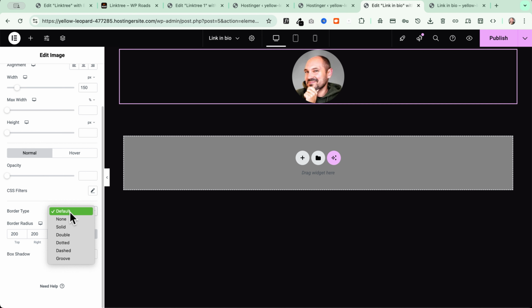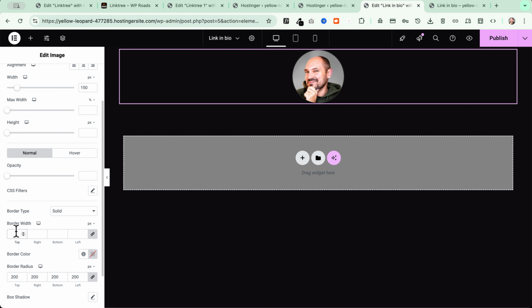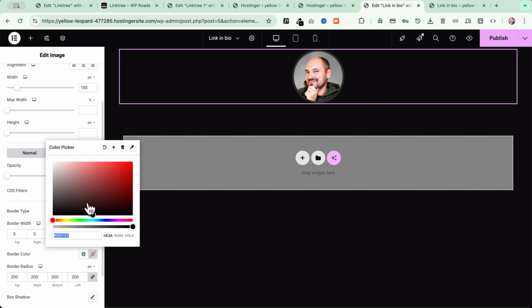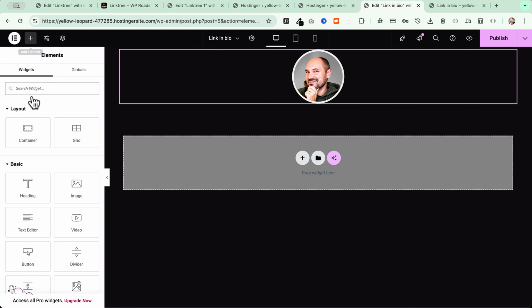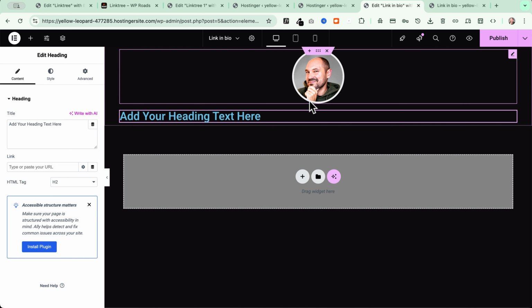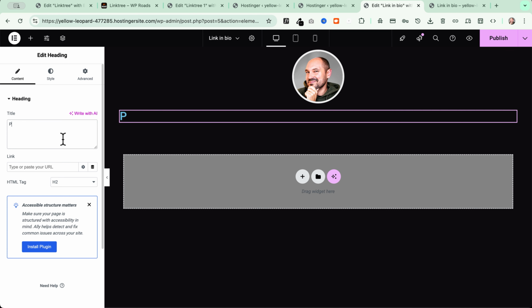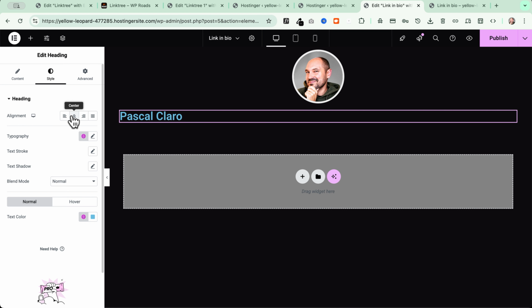And then if you want, you can also add a border type. In my case, I will use a solid border with a width of 5 pixels. And then I will assign a color, which will be a white color like this. Or maybe something more, yeah, on a gray shade like this. Okay. Now I will go and add another element here, and this is going to be a heading where I'm going to use my name and last name. All right, I'm going to the Style tab and I'm going to place this to the center, and then I'm